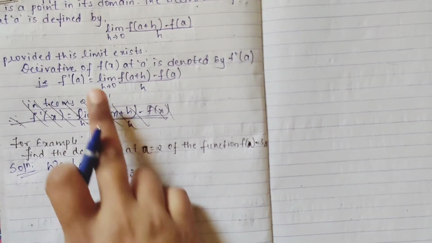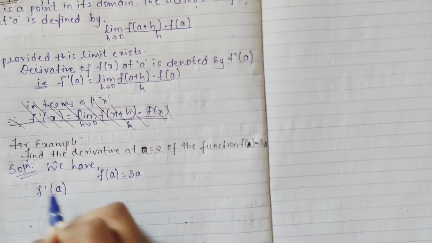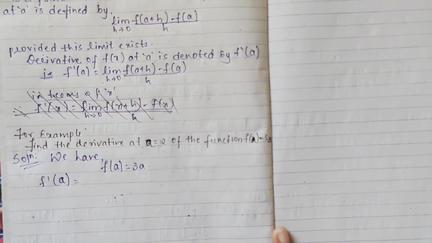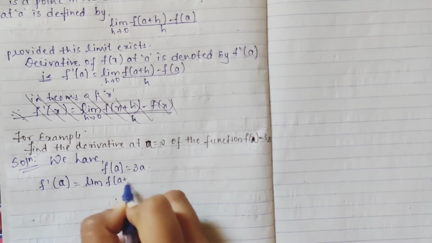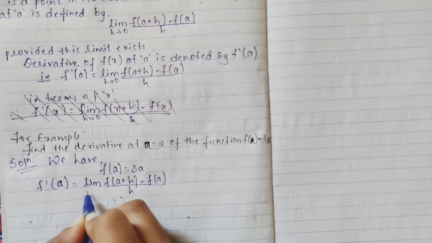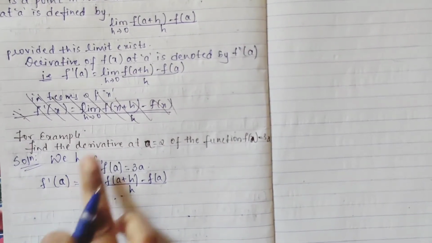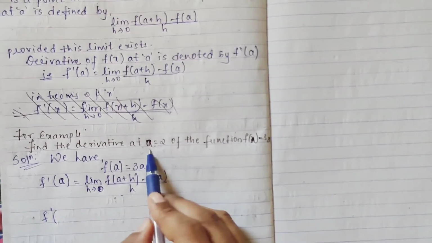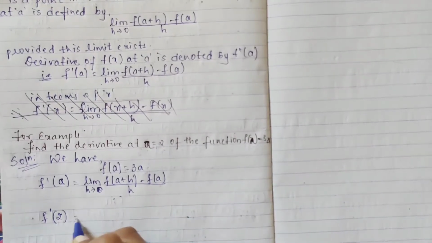And how it is defined, f dash of a? Derivative means f dash, removing the differentiation. Differentiation means finding the derivatives, right? F dash of a is nothing but limit f of a plus h minus f of a, whole divided by h, as your h tends to 0. H tending to 0. So, you have to find the derivative means you have to find f dash of a they have given, at a is equal to 2. So, f dash of 2.